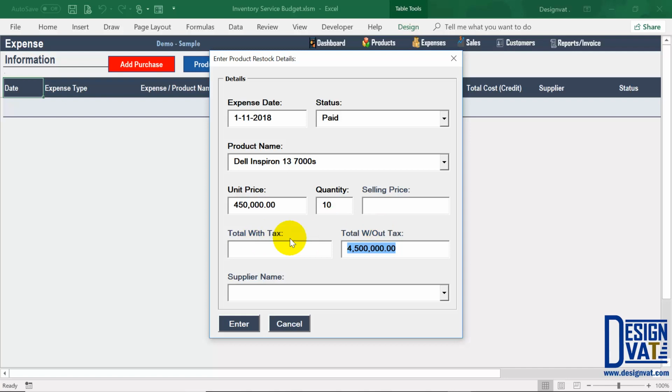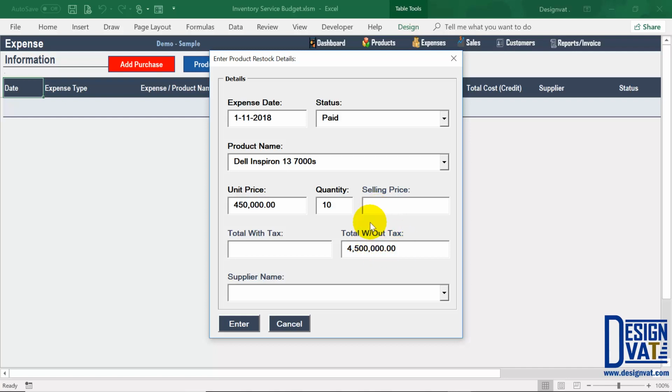It helps you also calculate your input tax. So it uses the default 5% for your input tax. So if the supplier charged you 5% input tax, kindly enter the total under total with tax. However, if there's no tax, kindly leave it under total without tax. So I'm going to assume that there's no tax associated with this transaction, so I'm going to leave the total